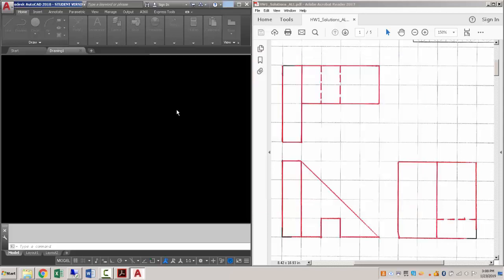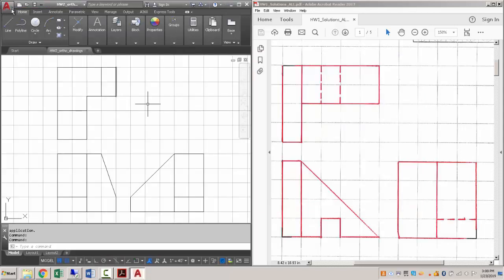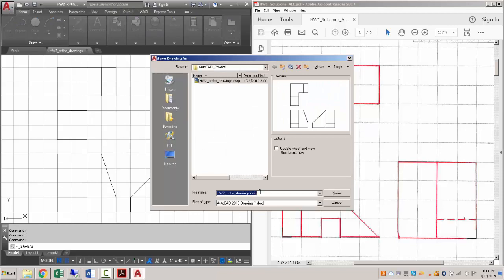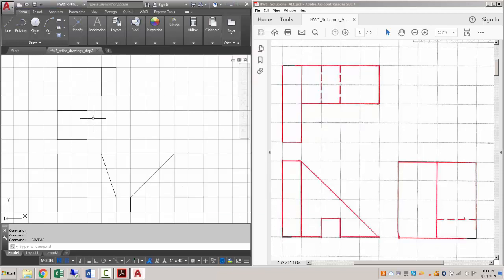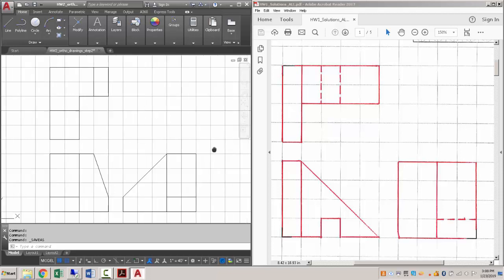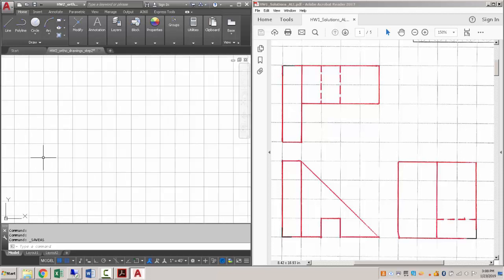Mine's under the C drive, AutoCAD Projects. I'm going to open this up, and then I'm going to save this as, we'll call it Step 2. We'll just append that to the end, just so we have two different file names here. I'm going to pan over to give myself a little bit of room, and then I'm going to start working